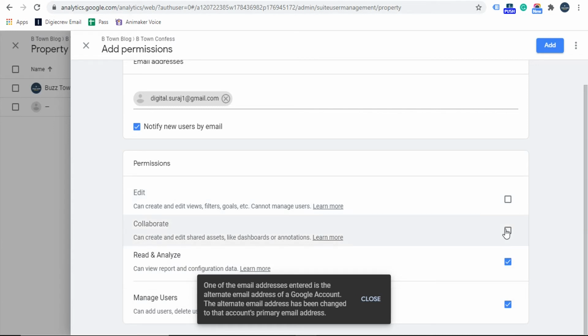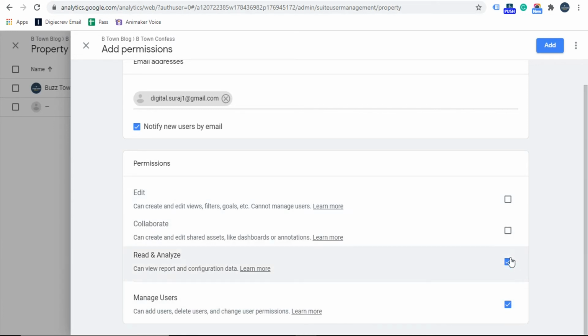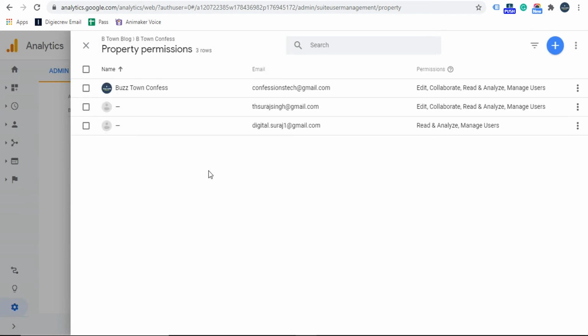So accordingly, based on your requirement, you can tick and untick the sections here. Once you have selected the access level, just simply click on this Add confirmation button. Once you do, it will give you a confirmation that the request has been sent, right?